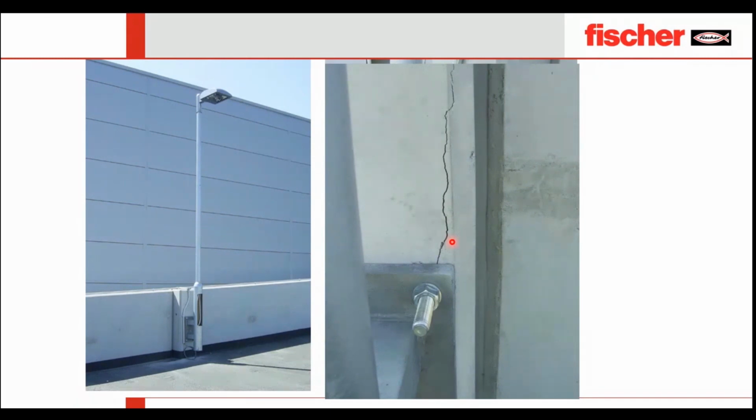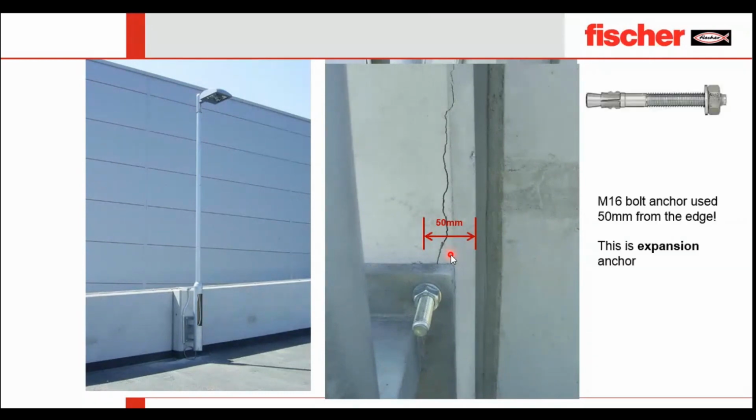Let's look at what the reason is. You can see there's only 50 mm edge distance, the most common answer, which our engineers have already given. But why did this happen? Because the angle used over here was M16, where the minimum edge distance was not 50 mm and should be quite higher than this. And this is why this failure was observed.